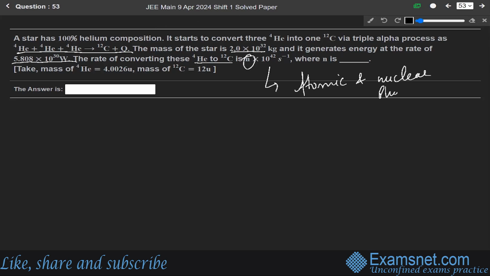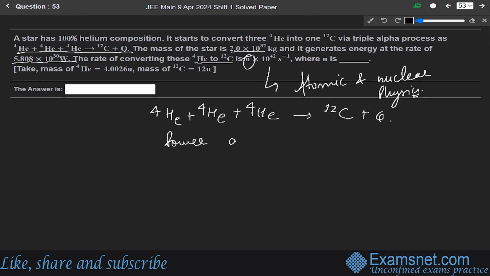Atomic and nuclear physics. Okay. So in this question, we are given the triple alpha process as 4He plus 4He plus 4He gives 12C plus Q. Okay. So in this case, the power generated will be equal to N over T into Q. Okay. Where N